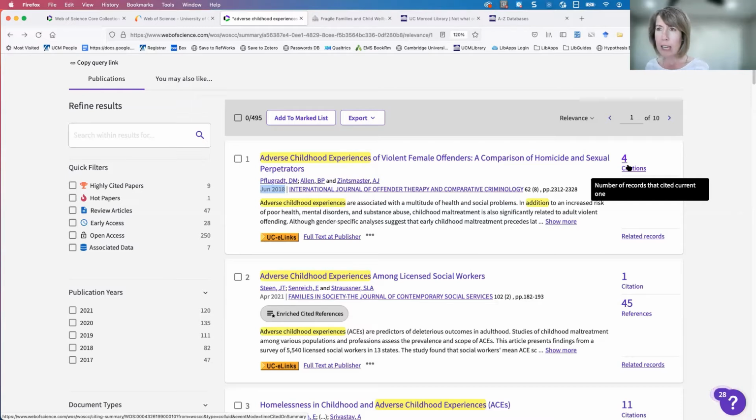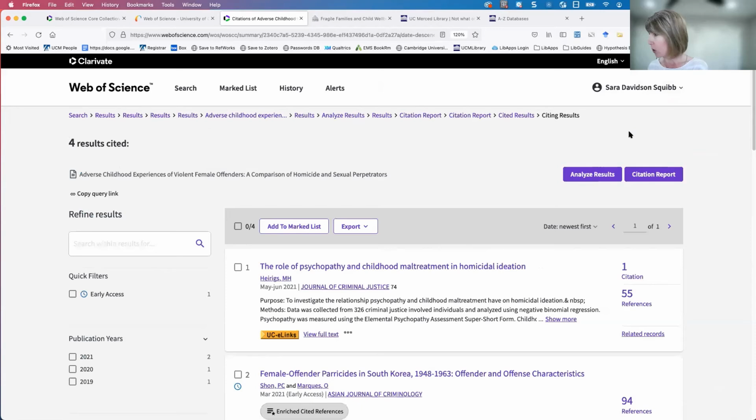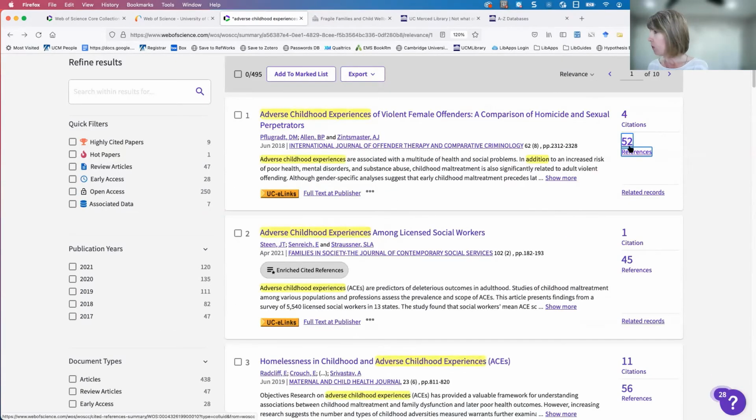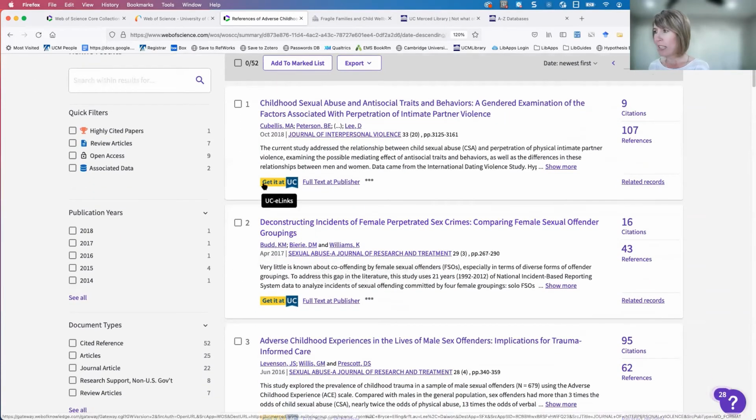Google Scholar is the other big place where people get cited by information. Web of Science did change their language. I can't say I'm in love with this. I wish this was maybe like cited by, but they're just calling it citations. I'm going to click back. I think I was in the 4 citations. No, that wasn't where it is. Maybe the 52. Yeah. So on this one, you'll notice that the Get It at UC button is starting to show in Web of Science,